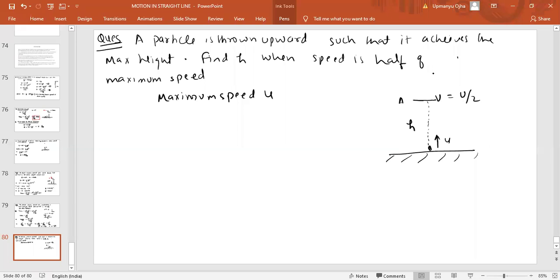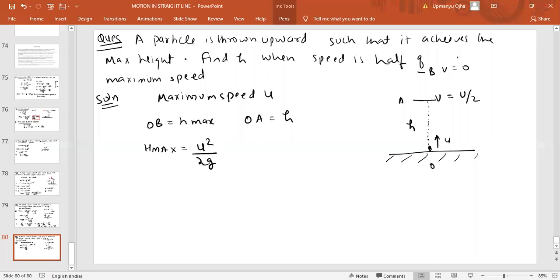Okay. And the maximum height it can reach is up to point B where velocity becomes 0. That is h max. So O to B is h max, and O to A is h. Okay. Fine. And velocity at A will be u by 2 because it is half of the maximum speed. So can I find the h max value? Maximum height we can directly say is u square by 2g. Okay, fine. Not this height h.